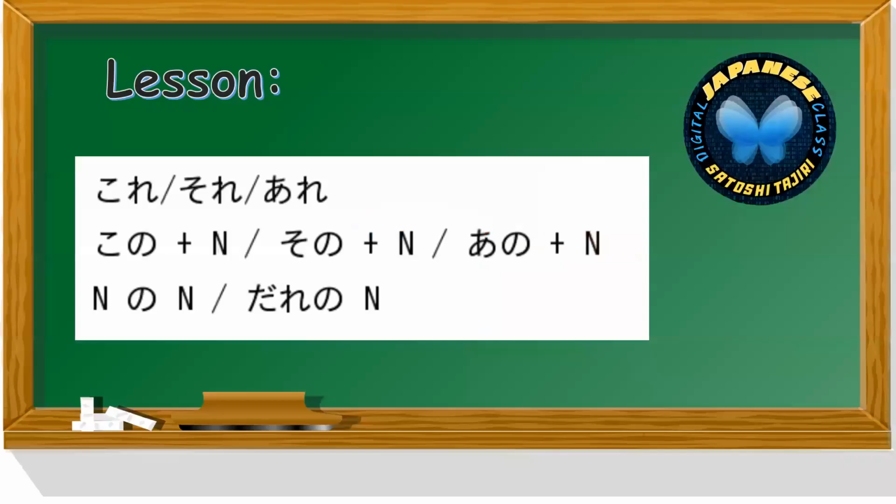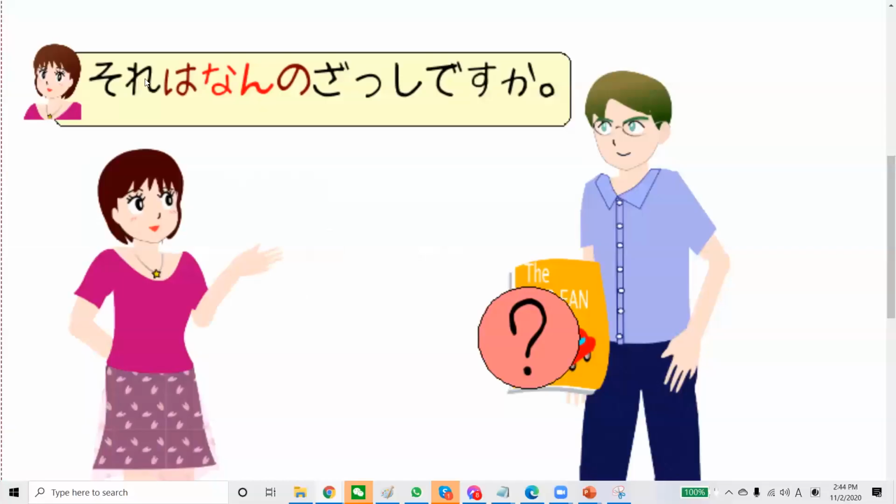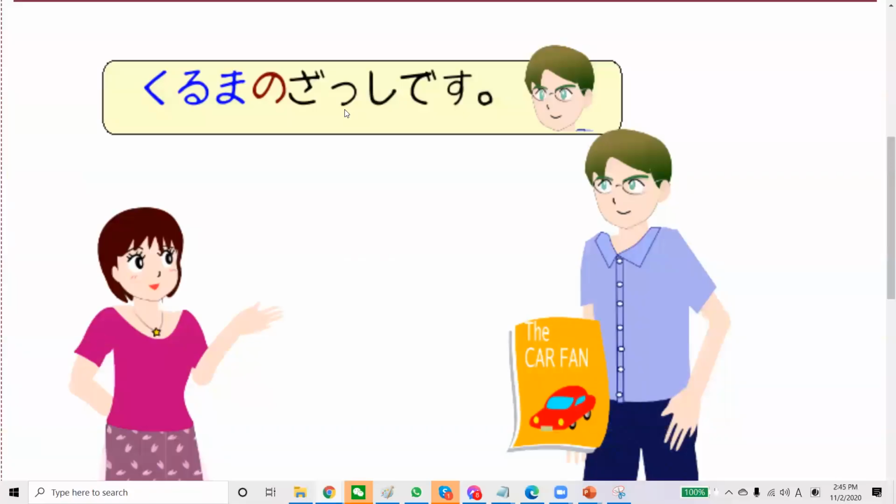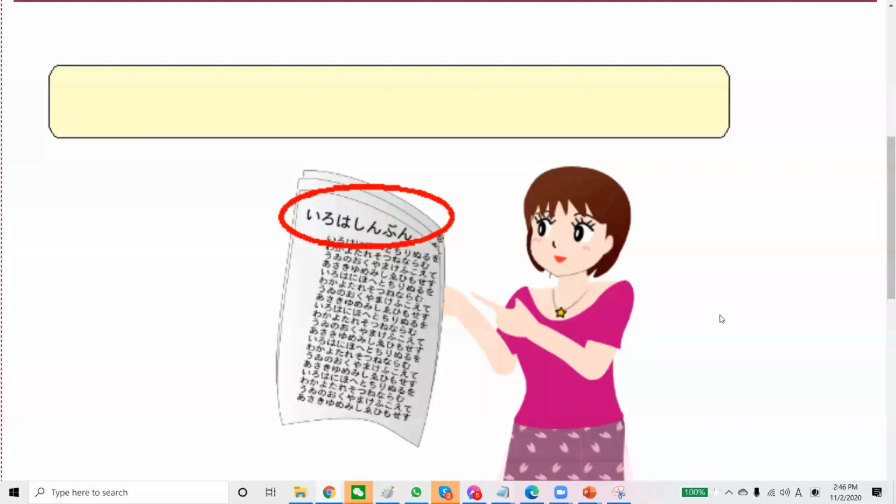If we take a look at this formula for asking what kind, we use nanno. それは何の雑誌ですか? What kind of magazine is that? Based on the picture here, how are we going to answer with our formula? Noun, no, noun, desu. The answer will become 車の雑誌です。 It's a car magazine. So we're connecting two nouns. Earlier we answered コンピュータの雑誌です, but this one now is 車の雑誌です。